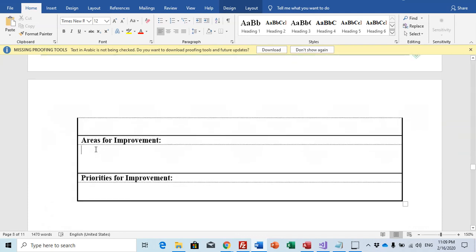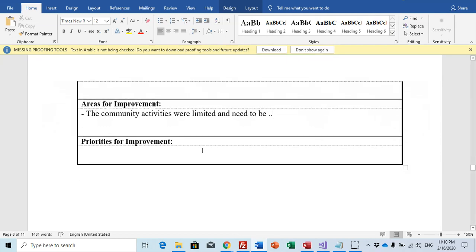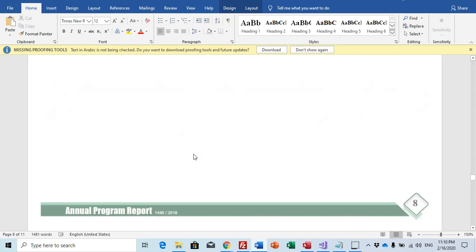The improvement, for example: the community activities were limited and need to be increased, to be more specific. Write down everything.